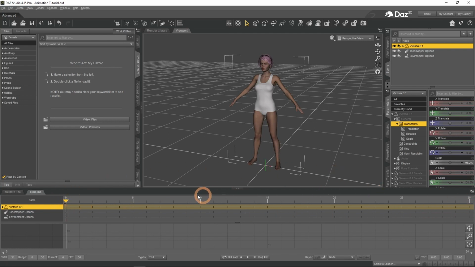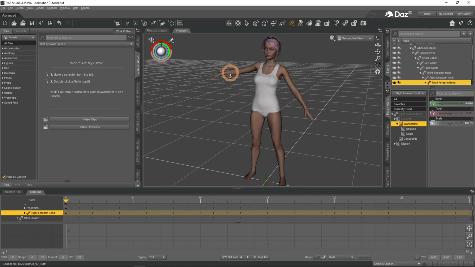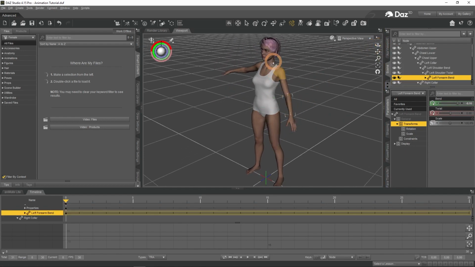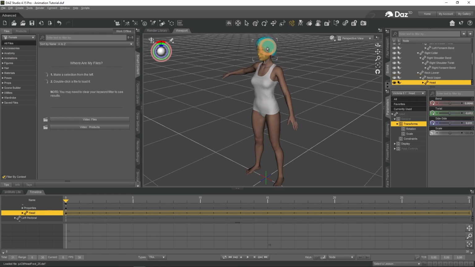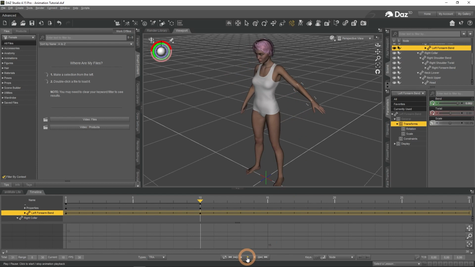For this we will need to learn what posing tools there are in DAZ Studio. First is the active pose tool that can be found on the toolbar up top. With it active you can select any of your figure's bones and move them around by dragging. You can see that this not only moves the bone that I have selected, but also influences all others. It looks realistic, because when you move a real bone, usually other bones are influenced too. This has created keyframes for my bones at frame 0. If I change a frame and move the same bones again, this will create another keyframe. And two keyframes together create an animation.